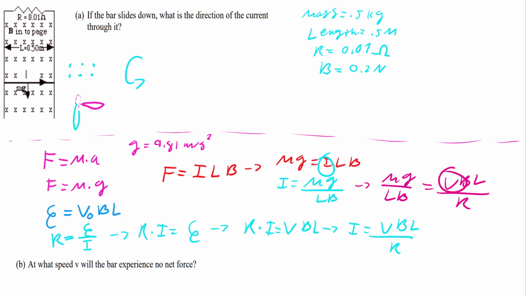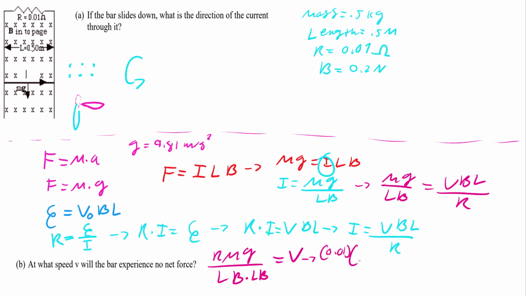Solve for V. Well, if we solve for V, we have that R mg over LB divided by LB, so times LB. Really, this is just LB squared, and it's not R, it's going to be V. So this is going to be